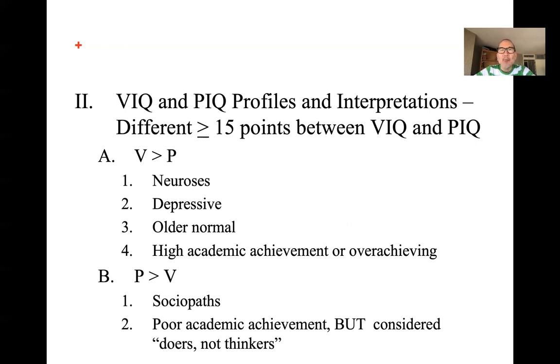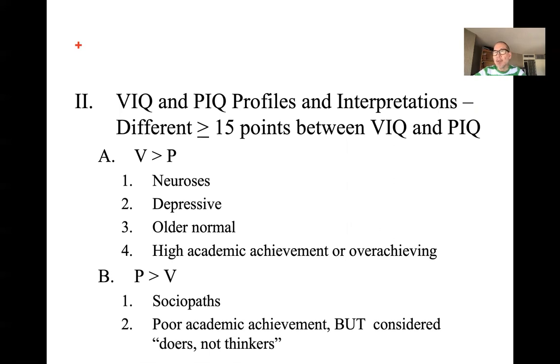So what now? That's overall IQ. Verbal and performance IQs also have the same mean and standard deviation. But what this also suggests is that verbal and performance IQ could be different. Now, if the difference is within 15 points, that's nothing too notable. Most people's verbal and performance IQ will be within 15 IQ points, and they'll usually be within one standard deviation